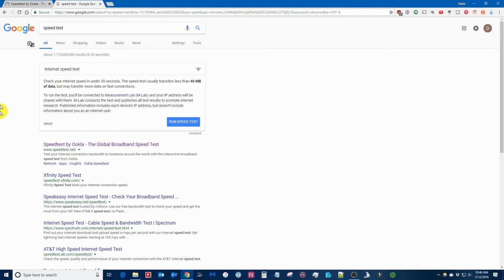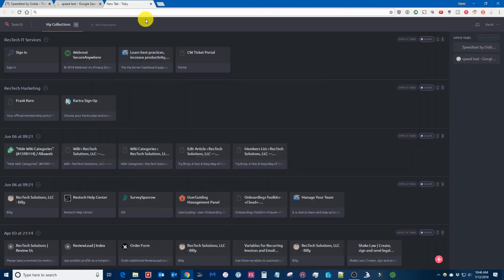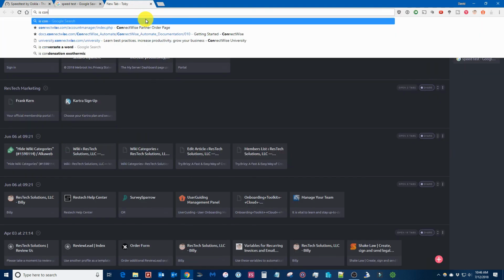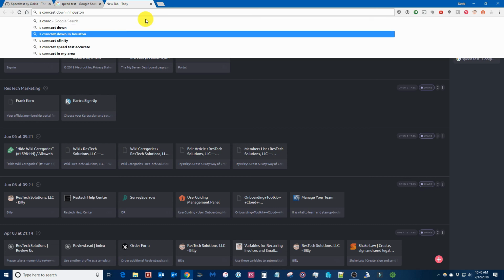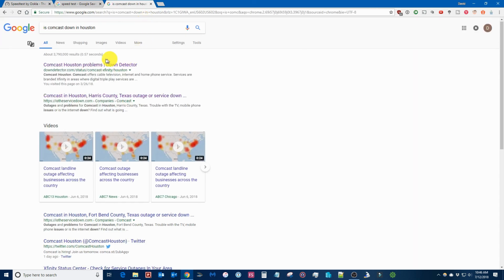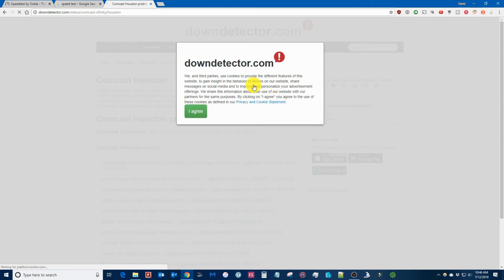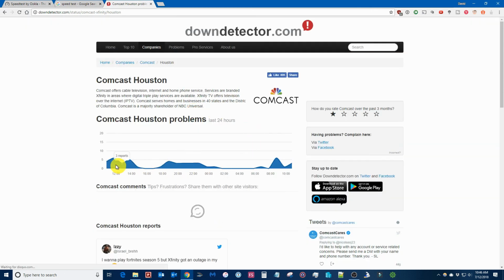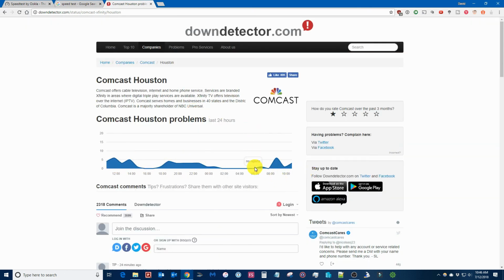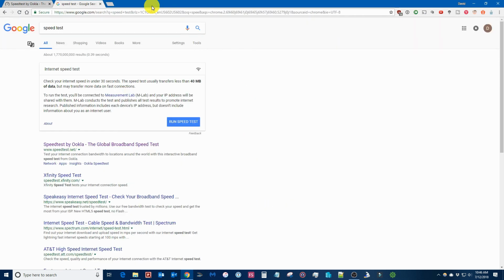There are also websites you can go to. So, for example, search "Is Comcast down in Houston," and you can look at something like Downdetector and see the number of reported problems. And if it really spikes, then yeah, there's probably an issue. But with these little spikes, there's just no issue. So again, just a few quick tips and tidbits of information to check on if you're having some internet slowness